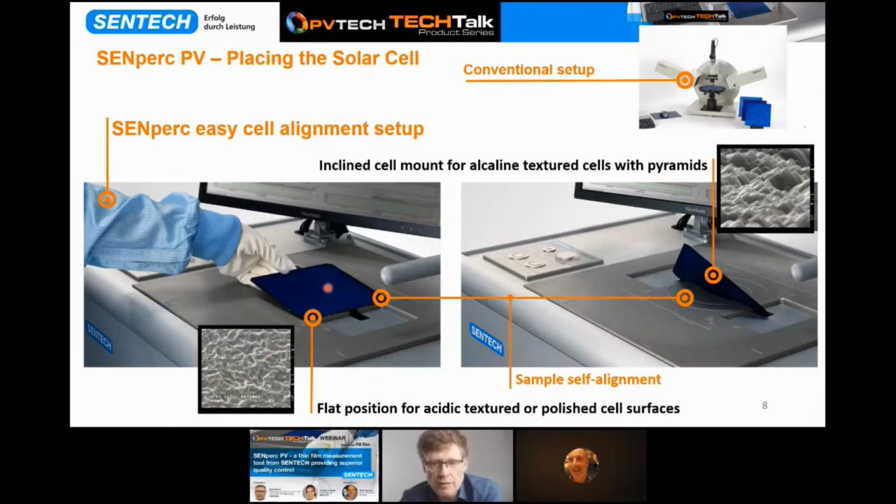In terms of the alkaline textured solar cells, they exhibit pyramids on top. The sample is slid into this tilted position to bring the faces of these pyramids into the horizontal position